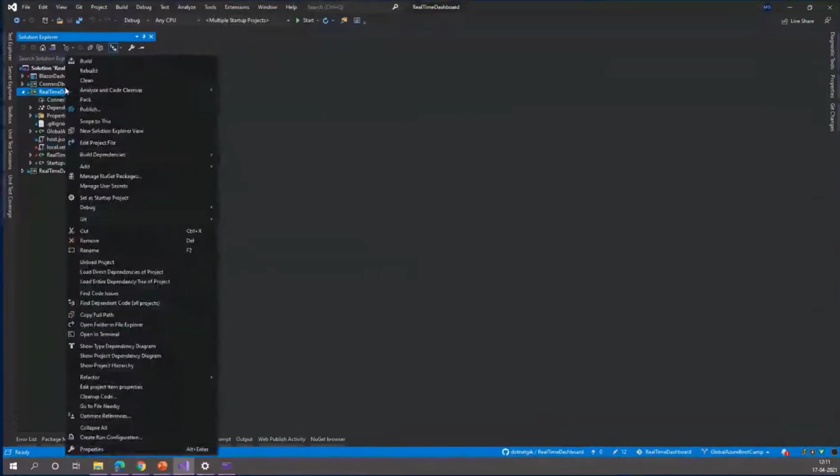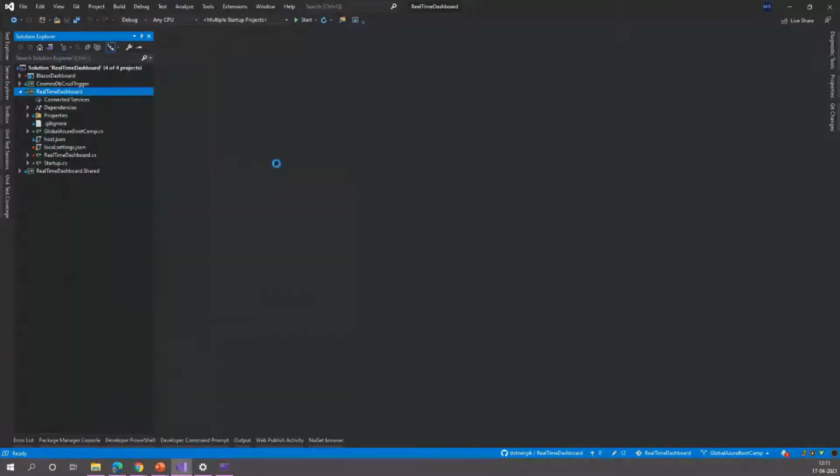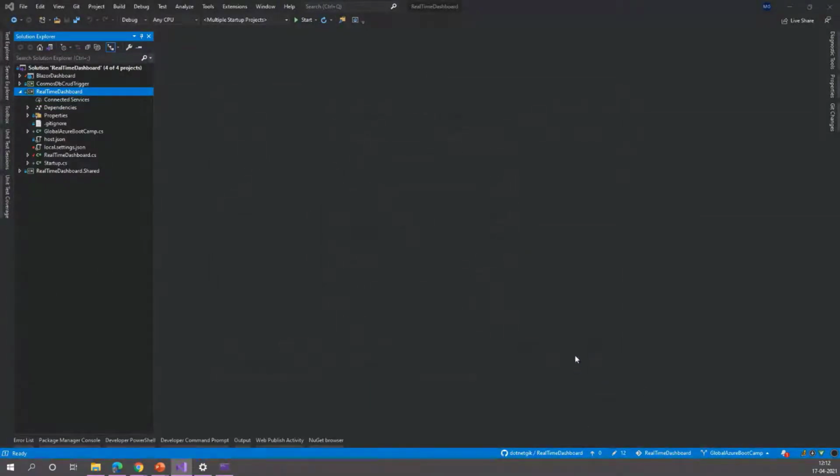To do that, I have already added the project, so I'll just add one new Azure function. Let's say it is global Azure bootcamp maybe. Let's add this.